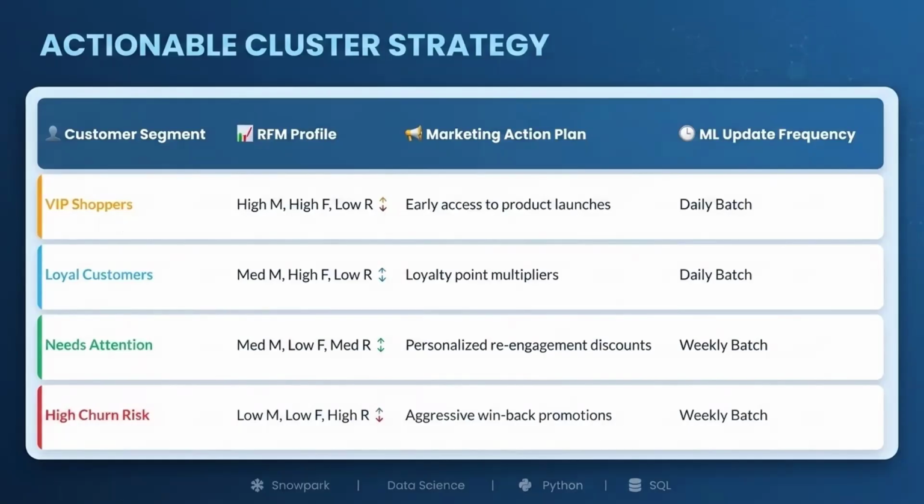And RFM means recency, how recently the customer is purchasing, frequency, and monetary. So these are the three criteria every e-commerce company will use.